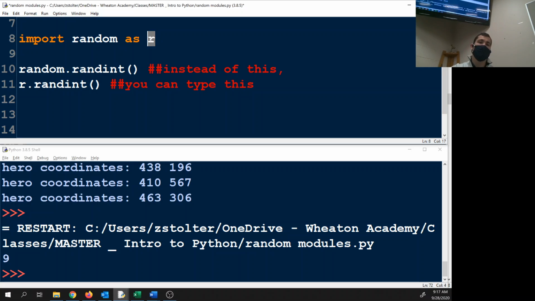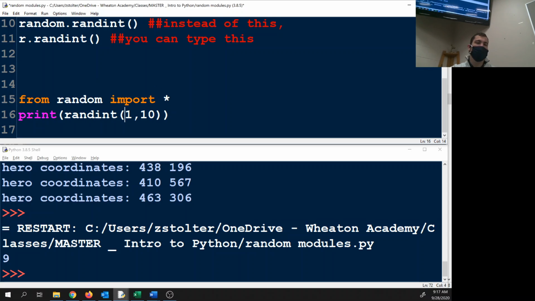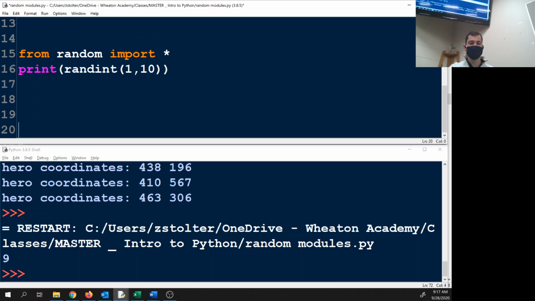I like this because, one, you know that you're still using a module, as opposed to from random import star, which gets rid of this requirement. You don't have to have something dot function, you can just have the function. It's up to you guys if you like to use that. I would give you a little hesitation on using that, because if you want to use a variable name later, one of the ones that might confuse you is